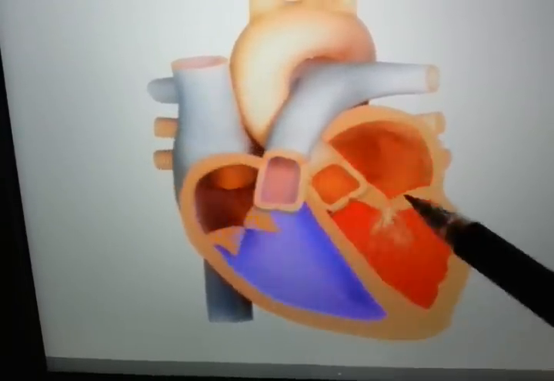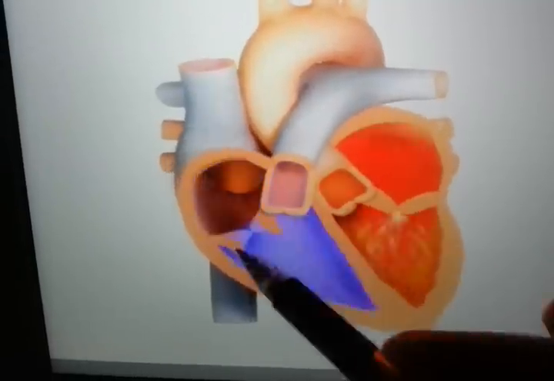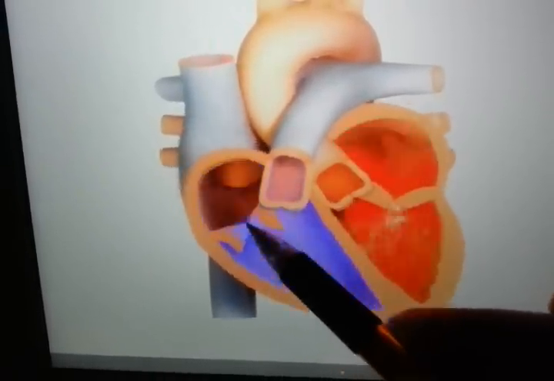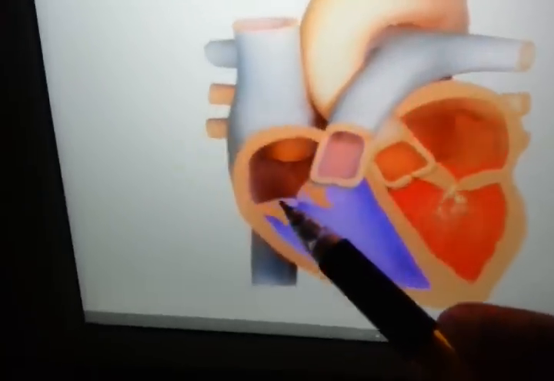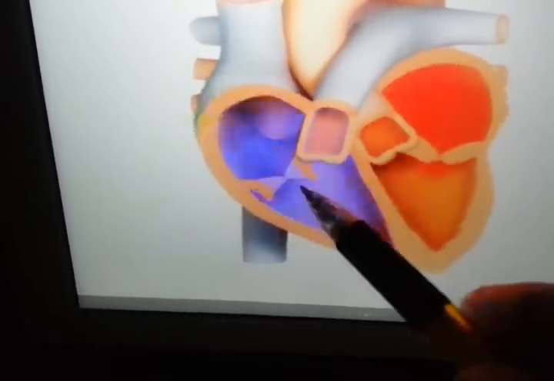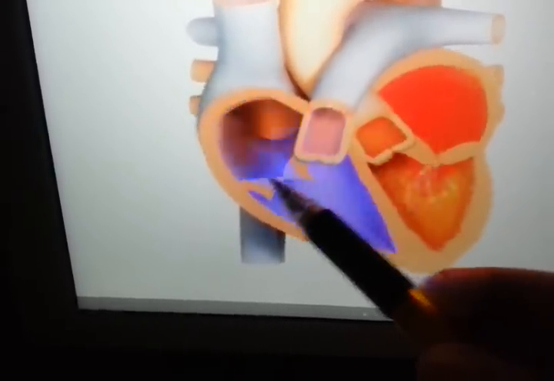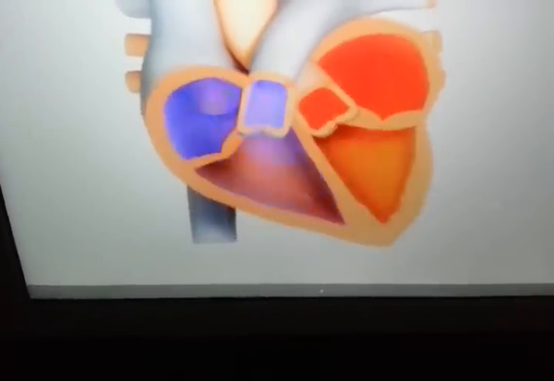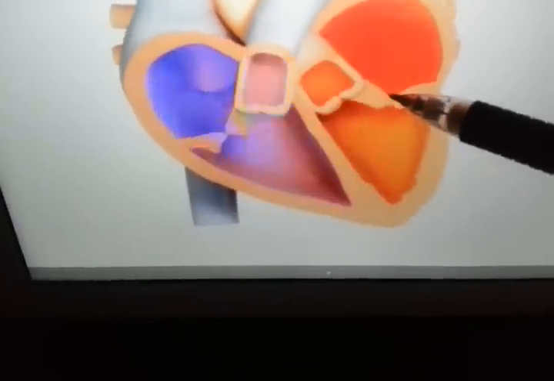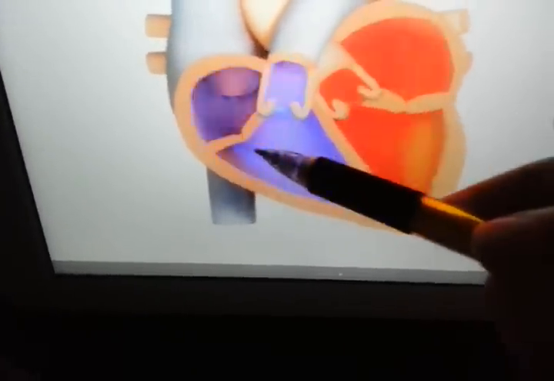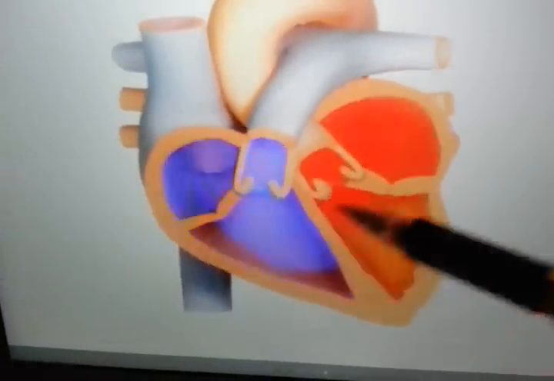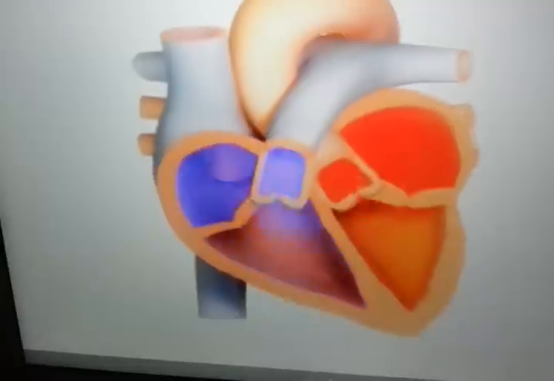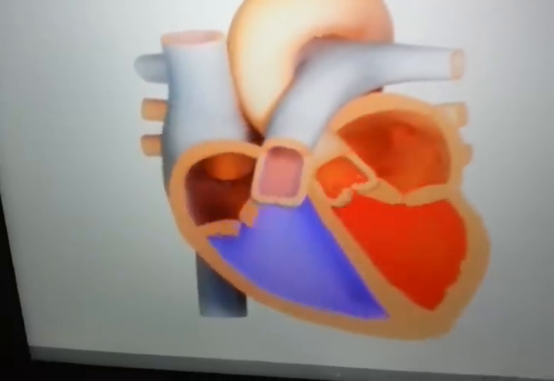Now you may compare the abnormal valve with the normal valve, how it is opening. So you may have the 3D view. The valve is opening completely. It has three cusps, the tricuspid, and the mitral valve has only two cusps. Now you may see how meagerly it is opening, and how well the other is opening. Just compare it, and you yourself can deduce what would be the consequences.